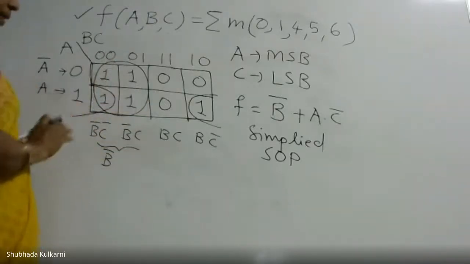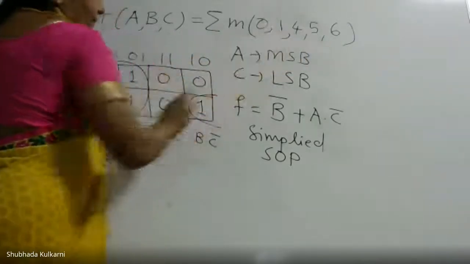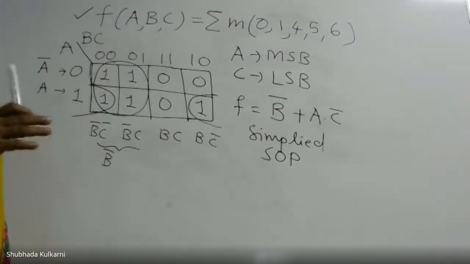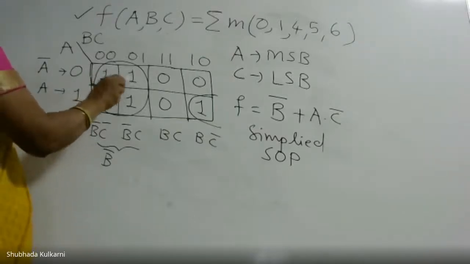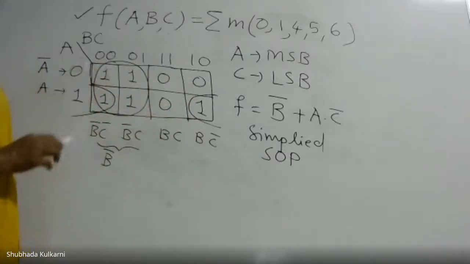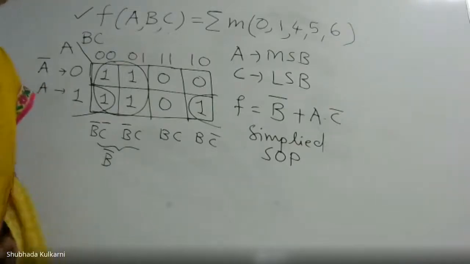Once we complete this, we enter minterms in positions 0, 1, 4, 5, 6. What is a minterm? It's a product term whose value is 1 in a given truth table or given problem. So 1 is there at 0, 1, 4, 5, and 6. The remaining positions we filled with zeros. Once we complete it, the next task is grouping the ones. We should group for the larger one. So here we find there are 4 ones adjacent to each other, called a quad, and we have circled it.